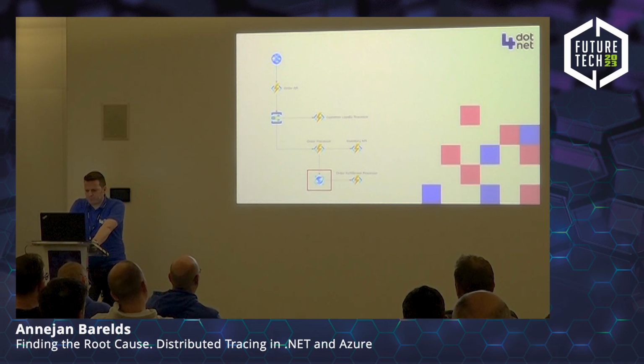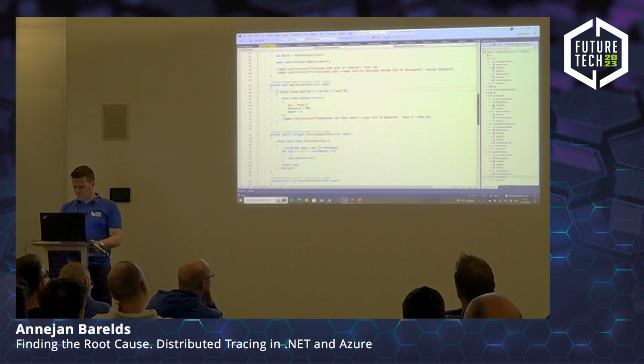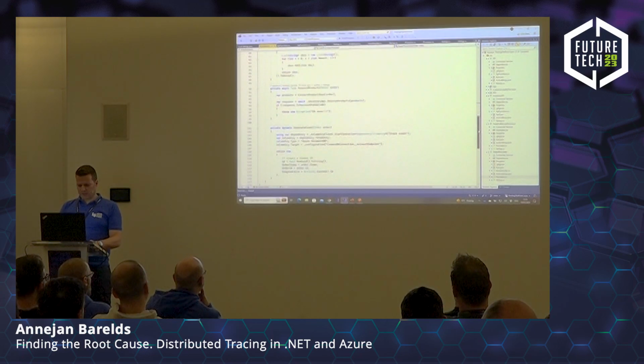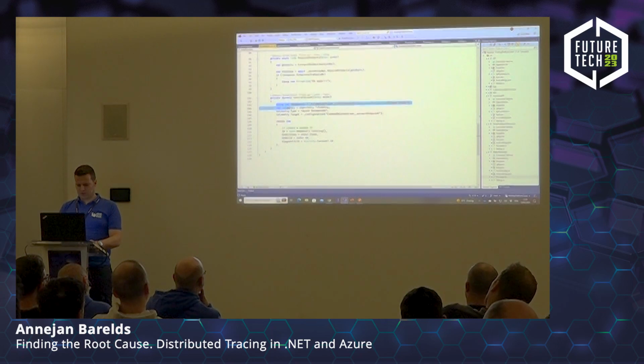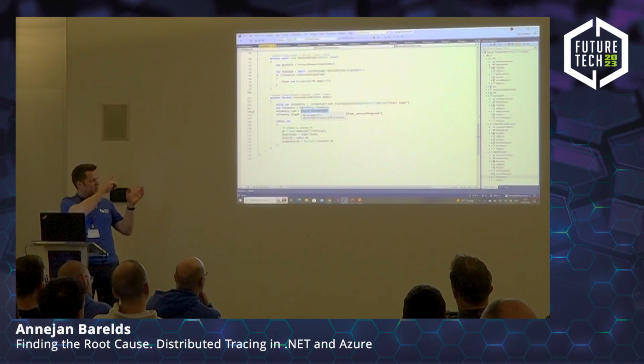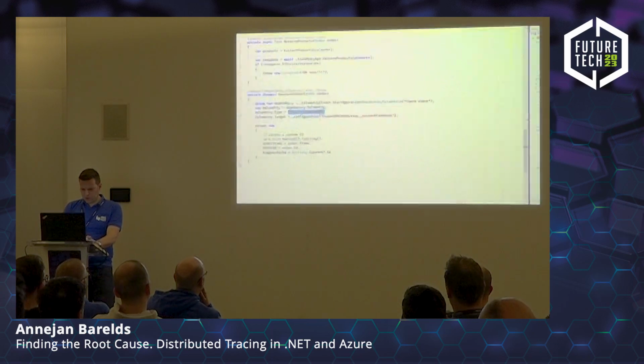So let me first show the code. We are in the order processor, which is then inserting stuff in Cosmos. And what we're doing, basically, is creating a dependency using the Application Insights telemetry client, documenting it with a particular type of string so that in 5 minutes I can also show that a nice icon shows up in the transaction search, but this is all cosmetic. Yes, I can zoom in a little bit.